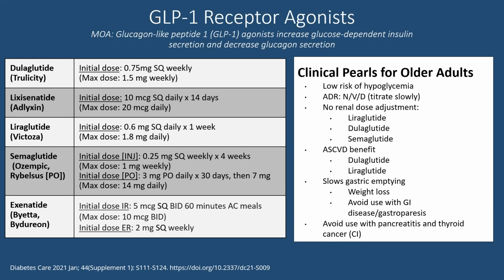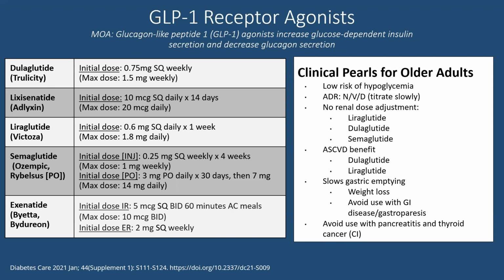When Byetta first came out, you had to do it twice a day, and that was a complete no-go. Now, even Byetta came up with a weekly injection that you can do. But for some patients, even that's too much. They just don't want to stick themselves. There is an oral form of this drug. It's called Rybelsus, but it's really poorly covered. You basically have to trial a sub-Q medication before insurances will even consider covering them.